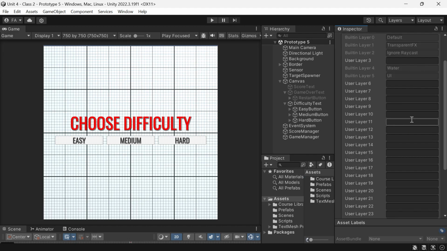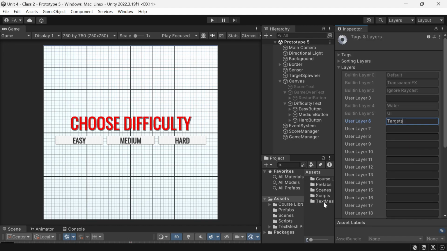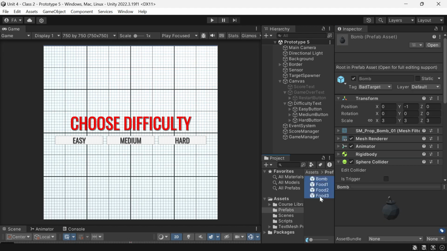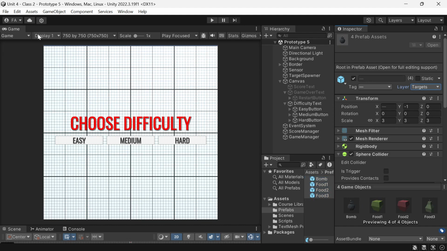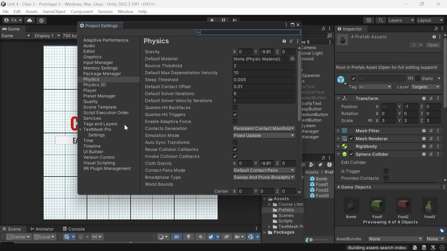Oh, it didn't save because we were in play mode. Again, this should be targets, like so. Then save it. Go back to our prefabs, Bomb 1 through 3. The layer should be targets. And then we go to Edit, Project Settings, and under Physics,